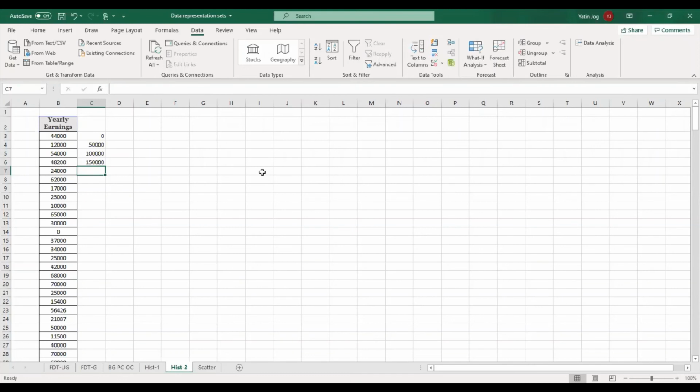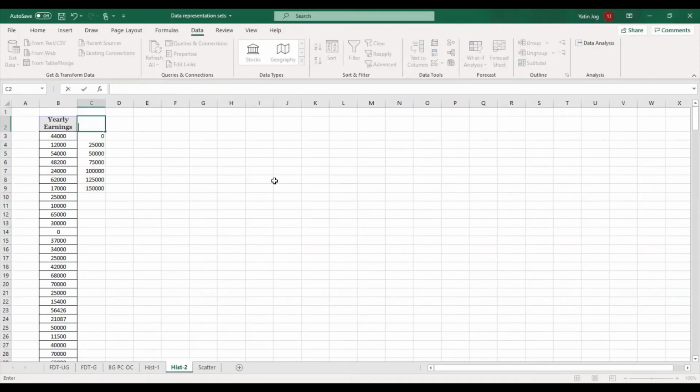In this case, I'm creating only 4 bins with a width of 50,000. So maybe I should go for smaller bin values of 25,000: 25,000, 50,000, next 75,000 and so on, till 1,50,000. So these become my bin ranges.